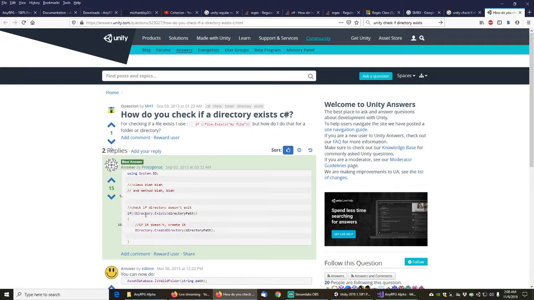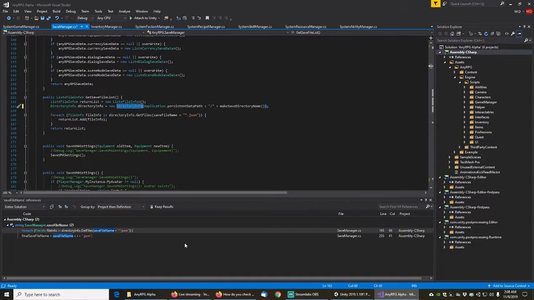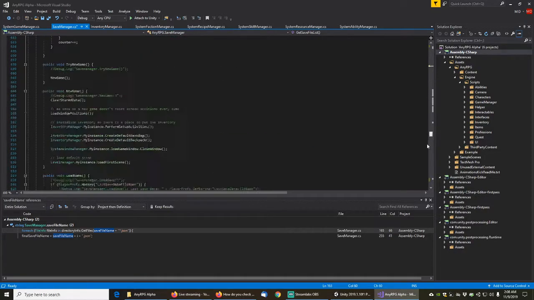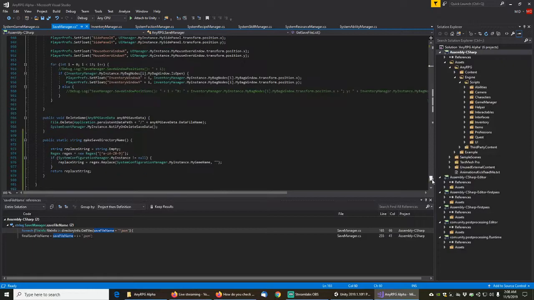Okay, yeah, it is Directory.Exists, System.IO. Alright, so first we need to do that. So we'll go back into our code here, and then go down to the bottom of the SaveManager,